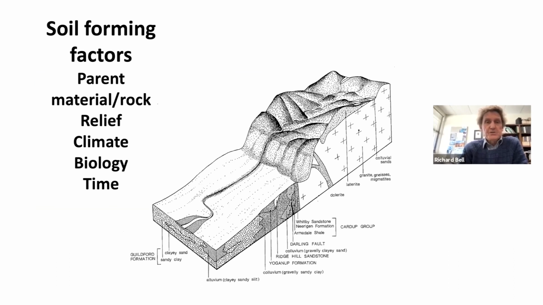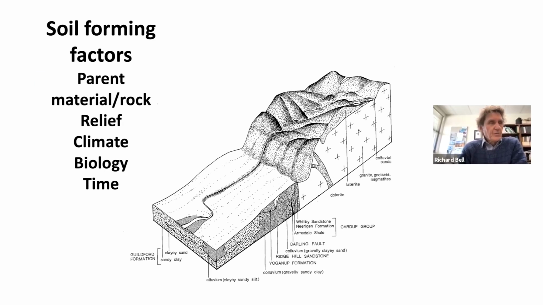So the parent material or rock, it doesn't have to be a rock, it could be a sediment such as an alluvial sediment or a wind-blown sediment, but this is the basic material from which the soil is forming. The formation process varies with relief, so elevation and slope, which have a big influence on rates of erosion and hydrology, the moisture environment for soil profiles, the climate, the biology,